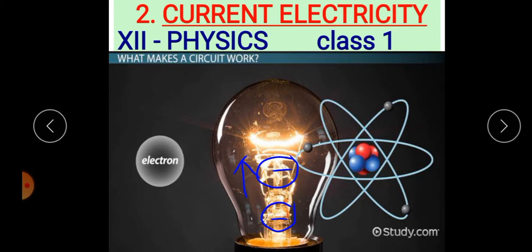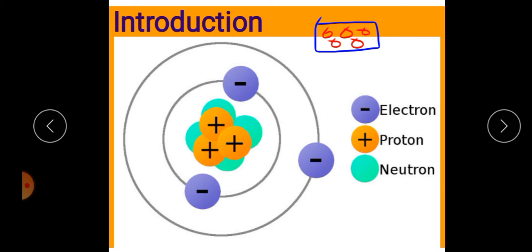Electricity is used in our daily life because the modern world depends heavily on the use of electricity. So students, it is used to operate machines, communication systems and electronic devices, for example mobile phone, laptop and television. There are more examples. In this lesson we will study electric current, resistance and related phenomena in materials. Let's discuss the introduction of electric current.